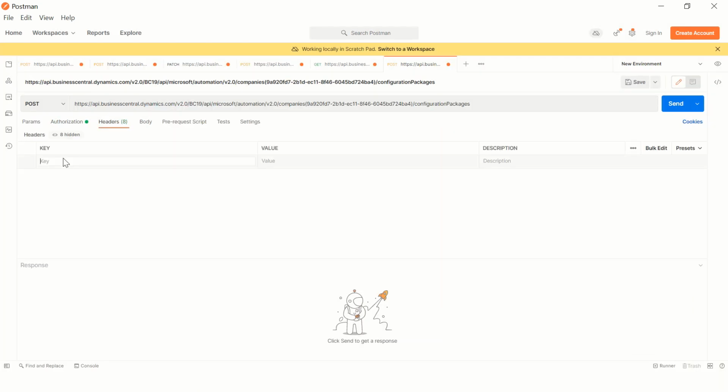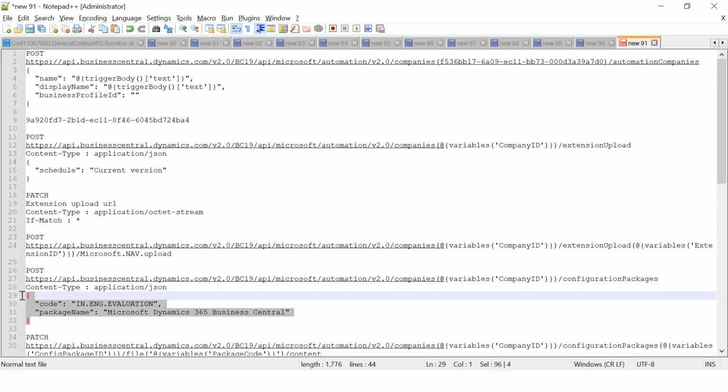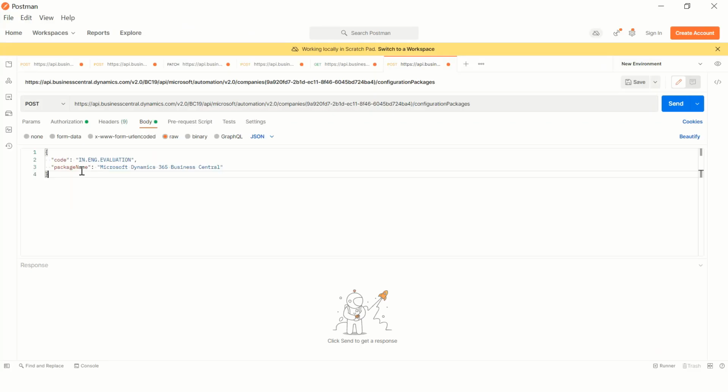Okay, content type will be JSON, and in the body tag I'll go raw, and I'll just copy paste this information here. So in my case, I've just taken an export of the standard evaluation package of NAV. In your case, you can take any other package which you already have available in your place. Yeah. So if I say send,